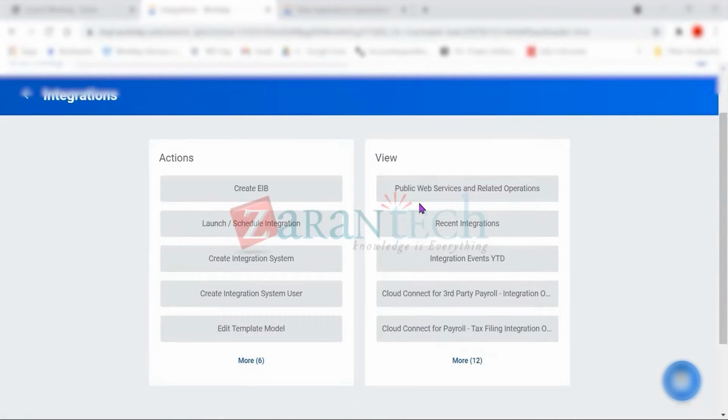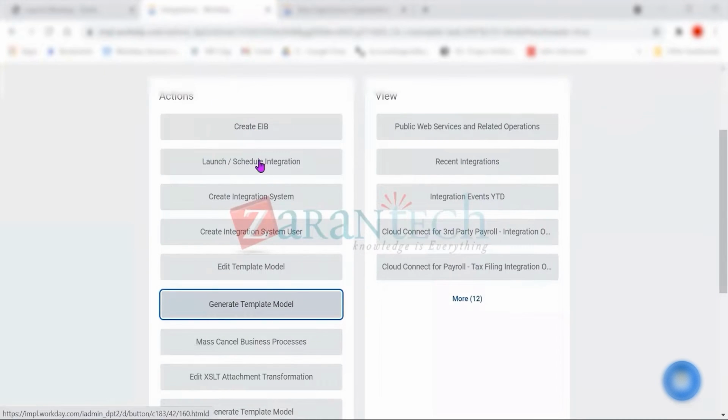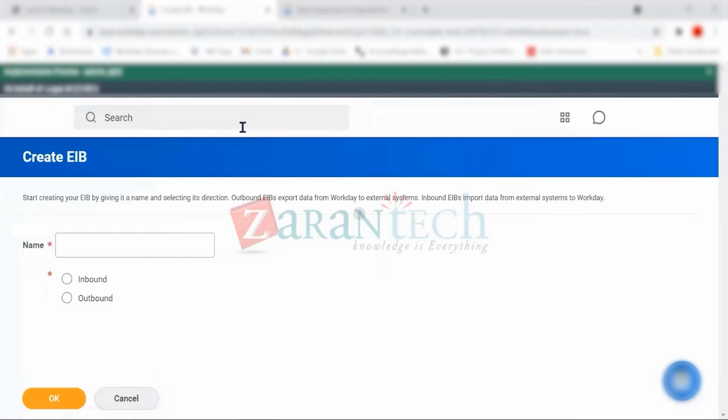Again, view means I can only see them. Actions, I can take actions on these. So for integrations, we have these kinds of tasks available. When I click here, for example, the system is asking me to put the details and proceed with the steps further. For example, I wanted to create integration for inbound,